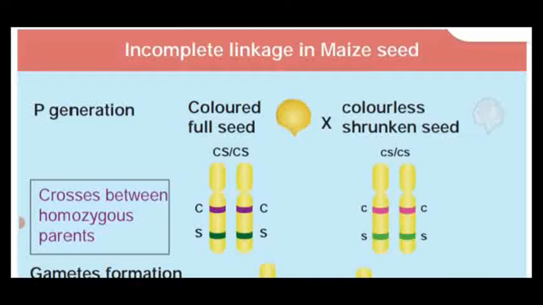This is an important 2 mark and 1 mark question. The flow chart is a 5 mark question. Both Drosophila and maize seed are very important 5 mark questions. Kindly note it down in your textbook. Dear students, I hope you have all understood what is complete linkage and incomplete linkage with an example.